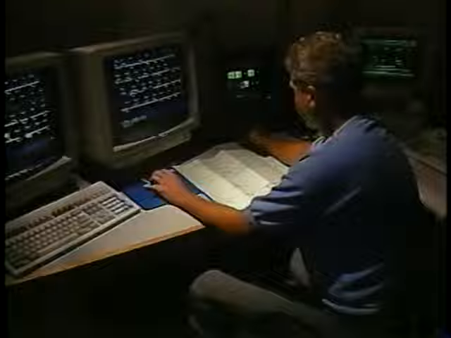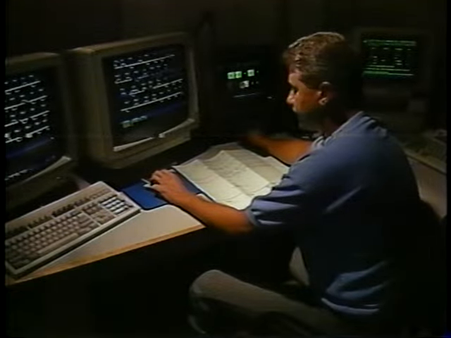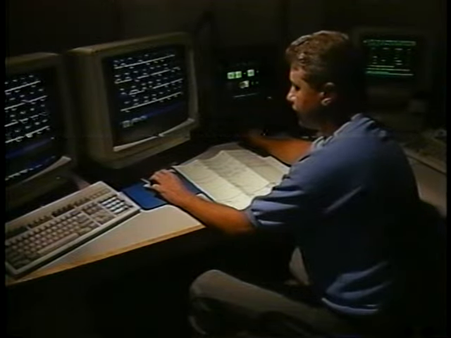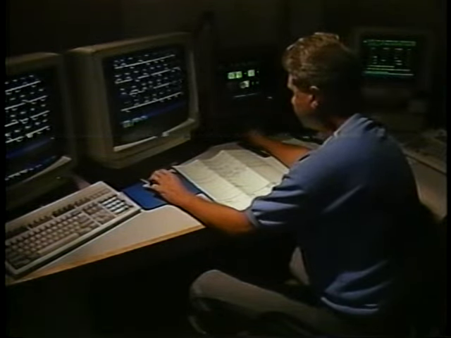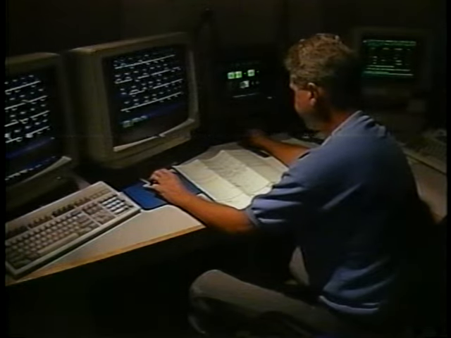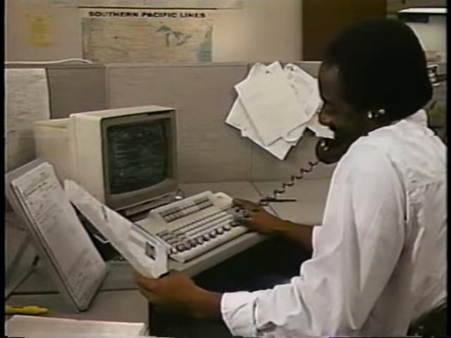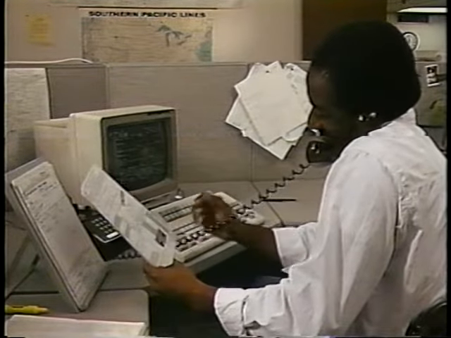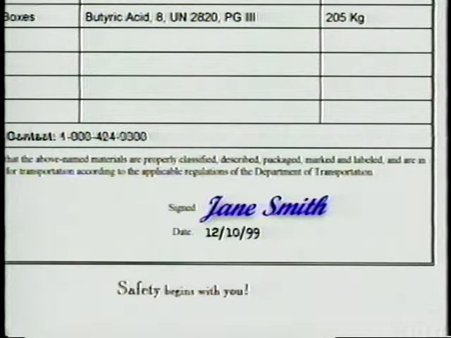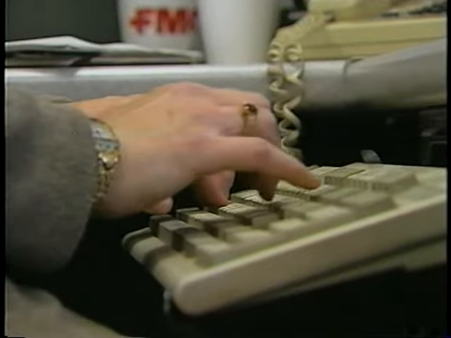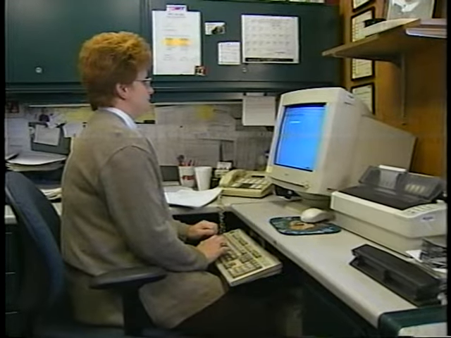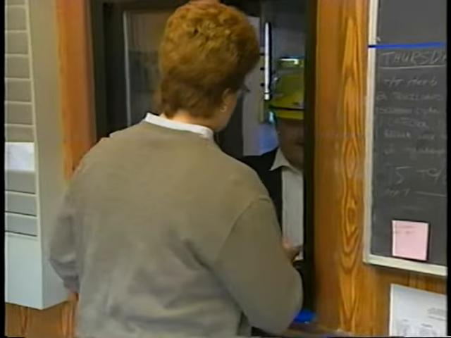This number must be monitored at all times while the hazardous material is in transportation, and must be the number of a person who is knowledgeable about the hazards and characteristics of the materials being shipped. This person must be capable of providing incident mitigation information for the hazardous material, or have immediate access to someone with that knowledge. Finally, a signed shipper's certification is required on most shipping papers. The person who signs the shipping paper certifies that the information is complete and accurate, and that the materials have been prepared for transportation in accordance with DOT regulations.